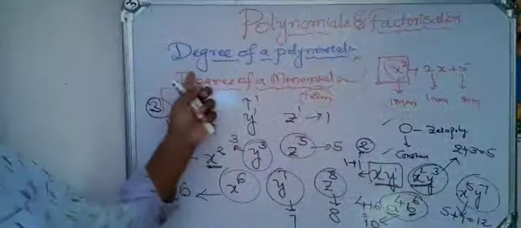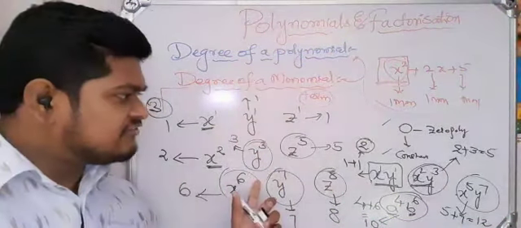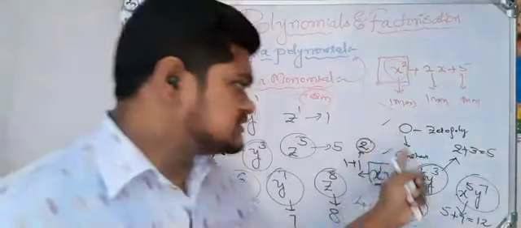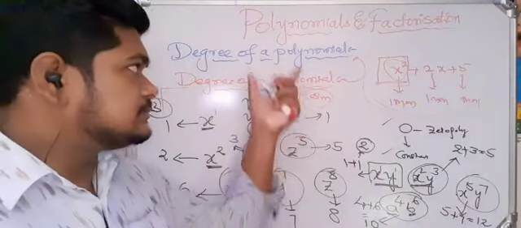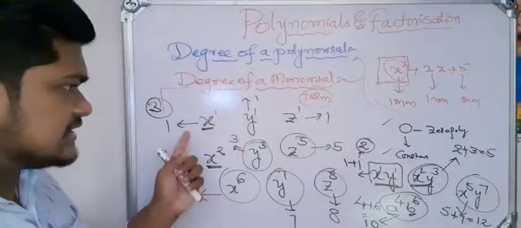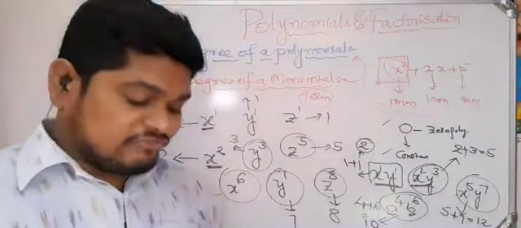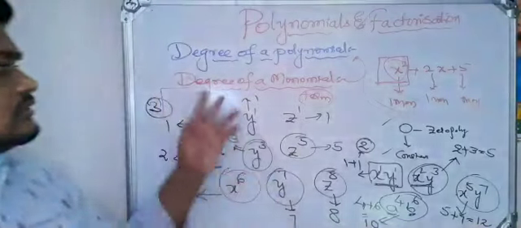Next, degree of a polynomial means it is a combining of different types of monomials. First case what I told, 0 is a constant we should take. In the place of monomials, in the polynomials, we should consider this type of monomials. How we can find the degree of a polynomial? We should move on to that.